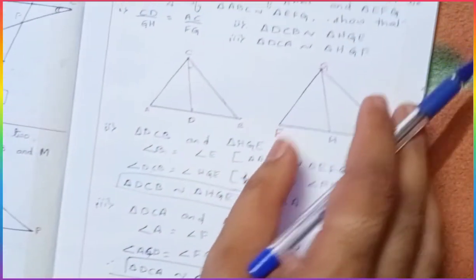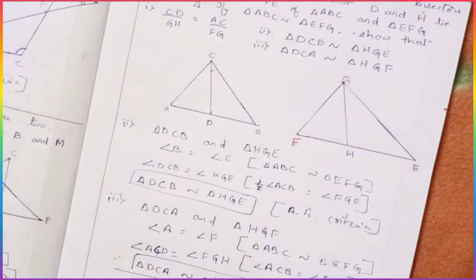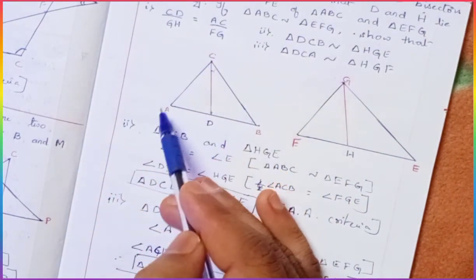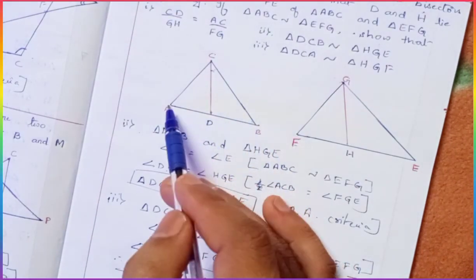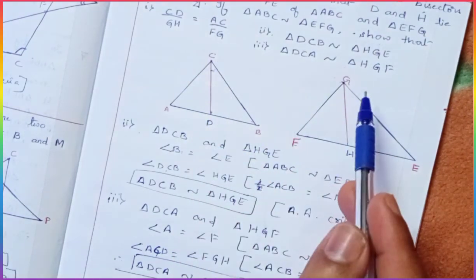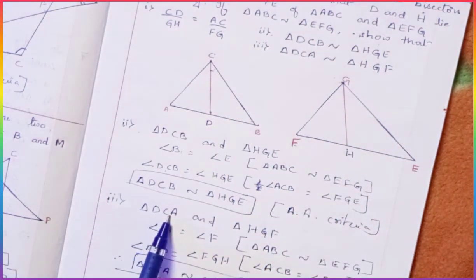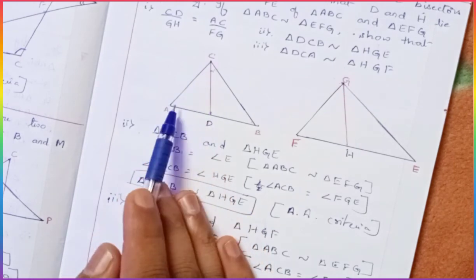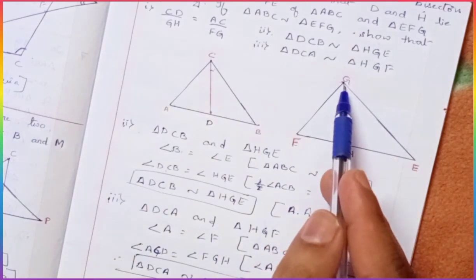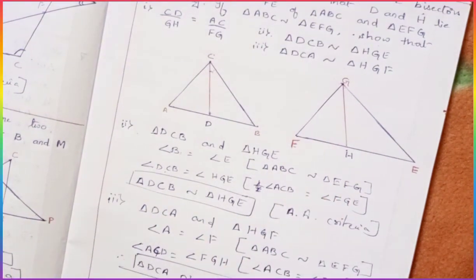We need to prove what? We need to prove that the corresponding sides ratios are equal. CD and GH come in which side? CD here and GH is the bisector. So AC comes in triangle ADC, or we can also consider ABC, but it is better for us to consider triangle ADC itself. And FG also comes in the triangle HGF. So in triangle DCA, CD and CA are the sides, and in triangle HGF, GF and GH are the sides. So we can write their corresponding sides.